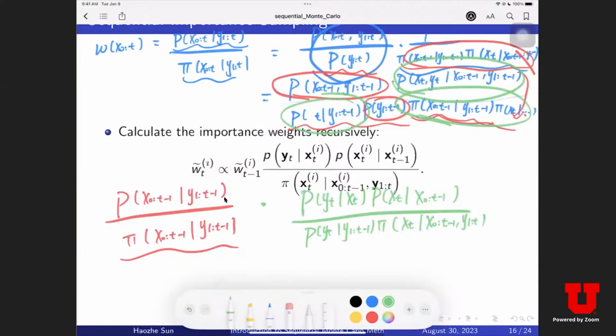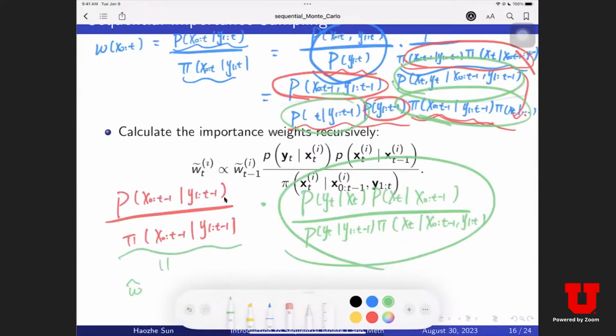We can get these things, and this thing is equal to W tilde T plus T minus 1I, and this thing